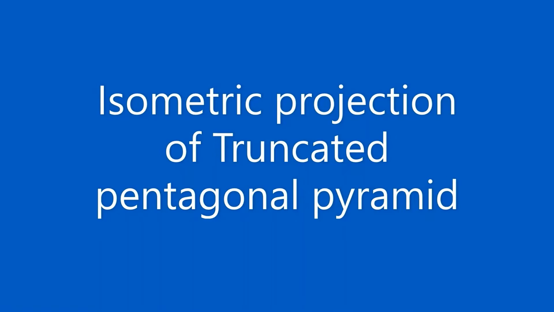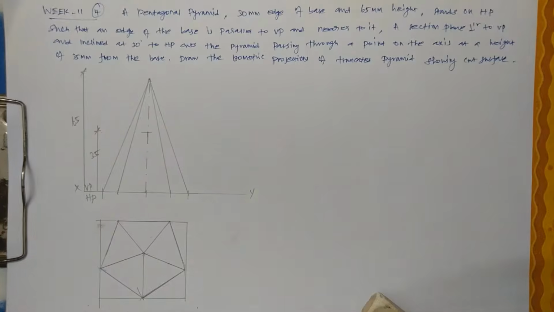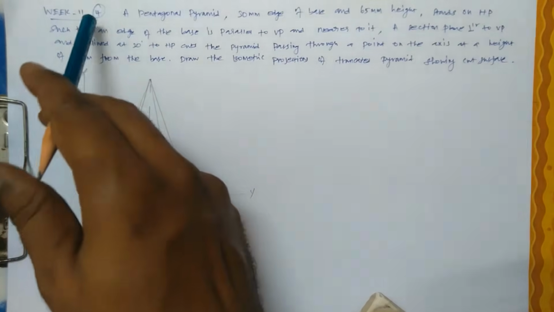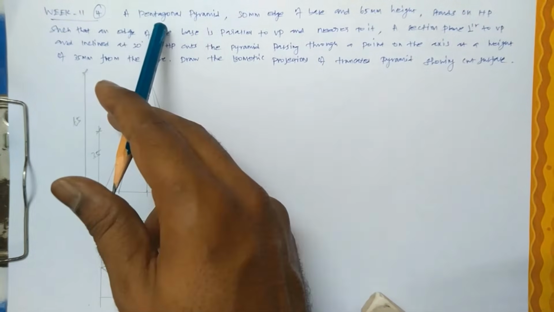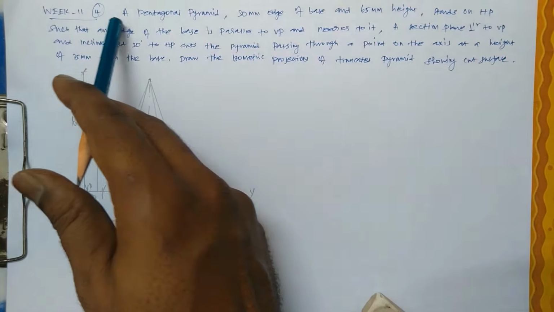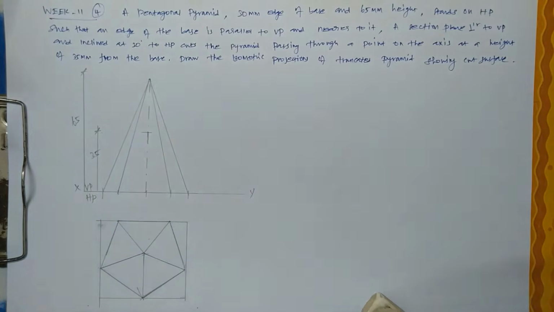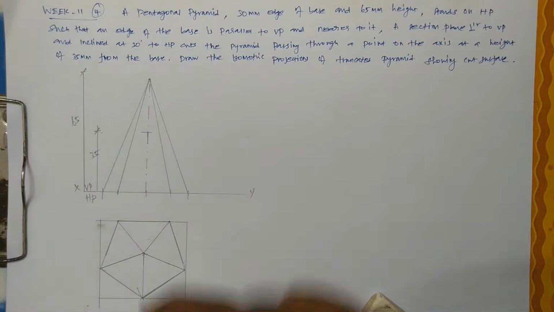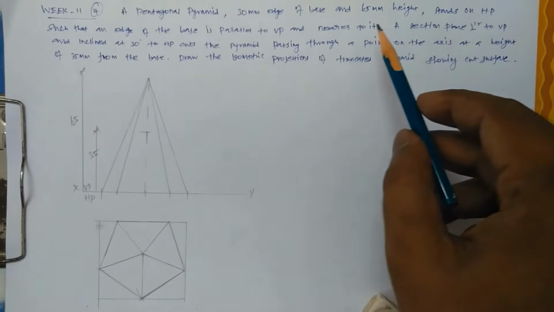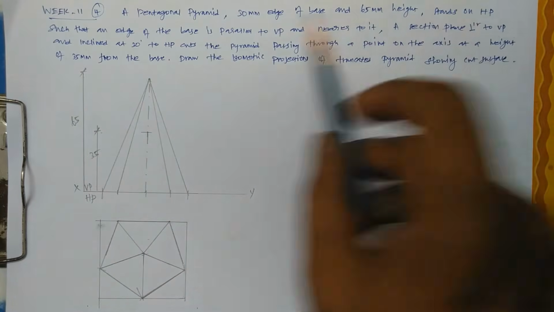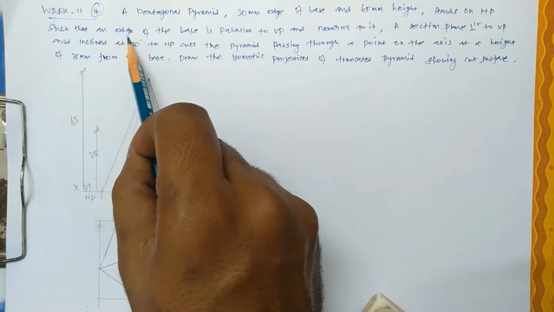Okay, isometric projection of truncated pyramid. Okay, pentagonal pyramid. So here that is week number 11 and problem number 4. So last problem of your syllabus. So it's a pyramid has 30 mm edge of base is 65 mm height, stands on HP such that the